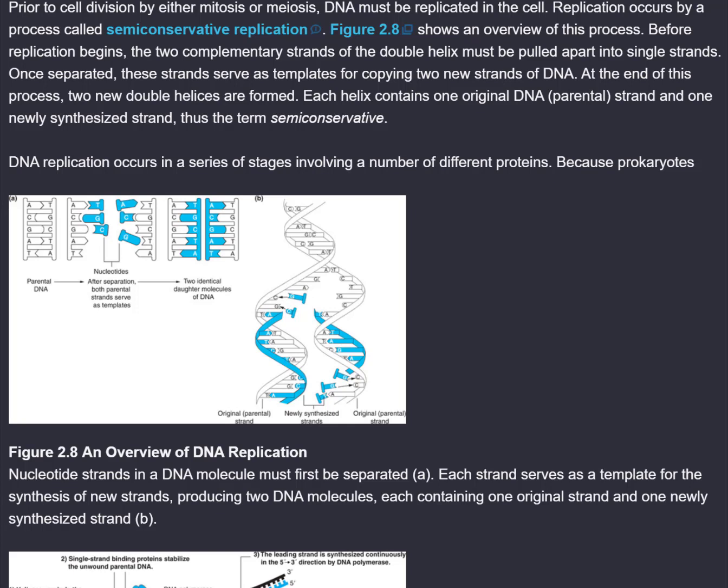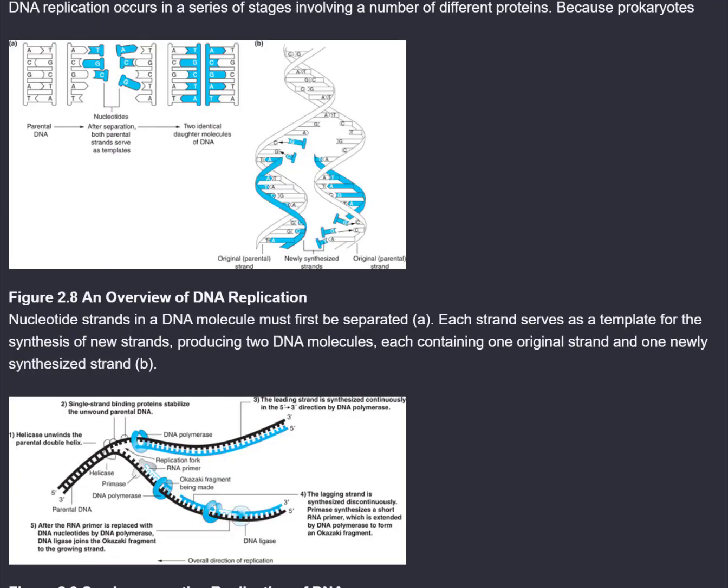Replication occurs by a process called semi-conservative replication. Figure 2.8 shows an overview of this process. Before replication begins, the two complementary strands of the double helix must be pulled apart into single strands. Once separated, these strands serve as templates for copying two new strands of DNA. At the end of this process, two new double helices are formed. Each helix contains one original DNA, parental, strand and one newly synthesized strand, thus the term semi-conservative. DNA replication occurs in a series of stages involving a number of different proteins. Because prokaryotes